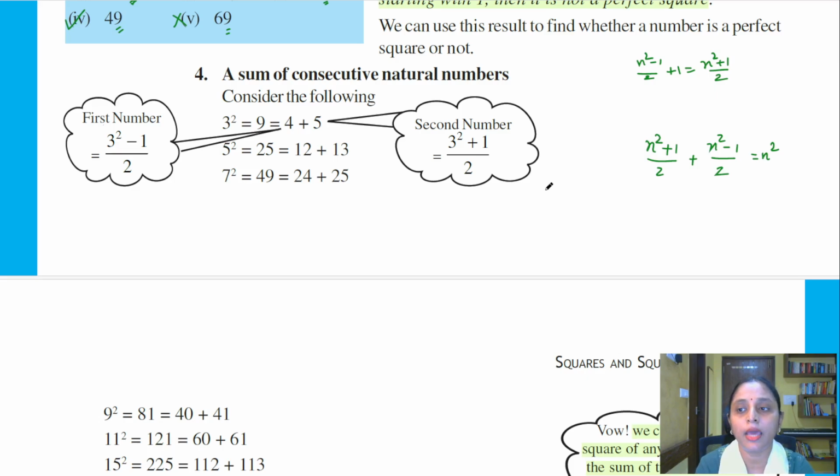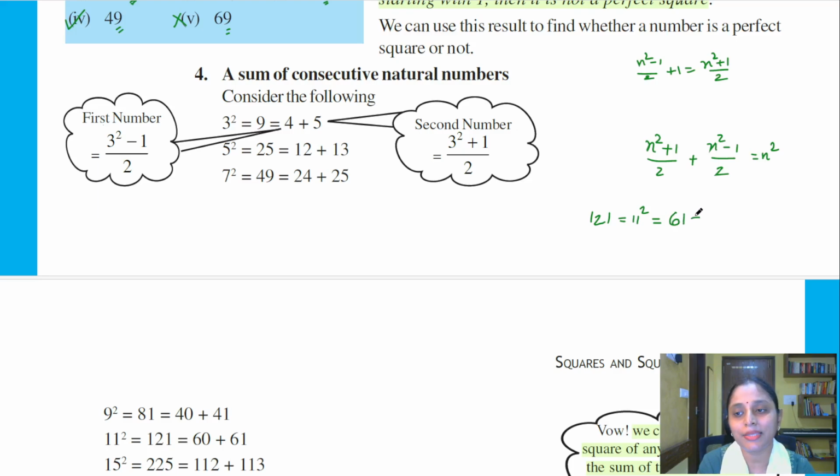How do you find it? I know this formula. If the number is 121, then it is 11 square. That means my n is 11. Therefore, n square plus 1 by 2 is 121 plus 1 by 2. So, whatever is given to me, I will add 1 to it. I'll get 122, and 122 by 2 is going to give me